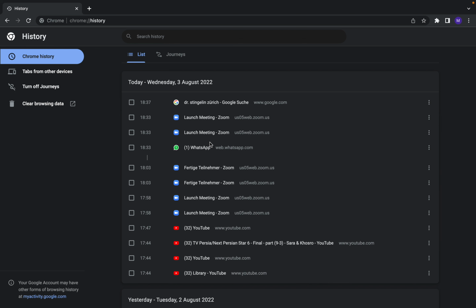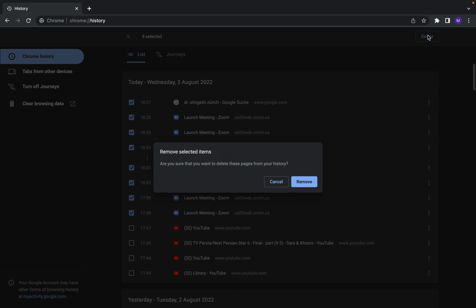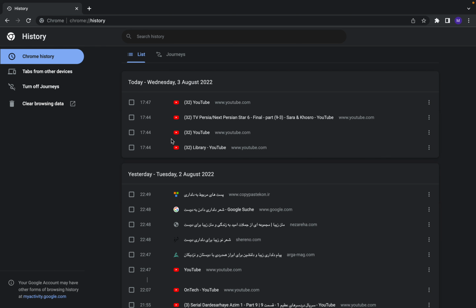How you can clear, for example, I want to clear WhatsApp, I want to clear this one, this one, this one. Just select the thing you want to delete, and then after that click on delete, and then after that remove. As you can see,